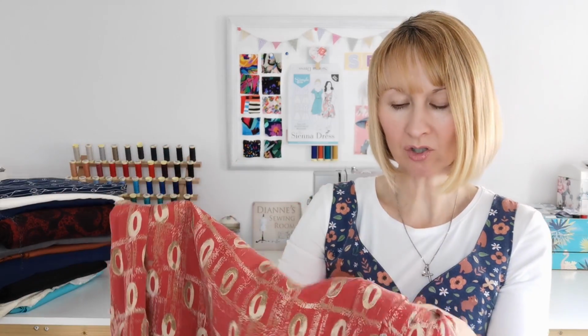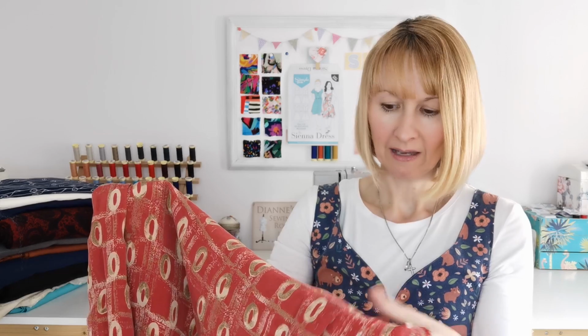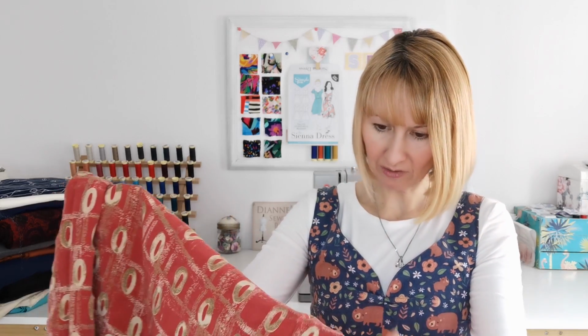So there's a couple of metres of that one. It's got a gorgeous drape and it won't crease, so that'd be ideal really. Well, it will crease a little though, where it's been stored, where it's been folded, but it's been folded for a long time. I mean, she's obviously collected these fabrics over quite some time, this lady, and one of them